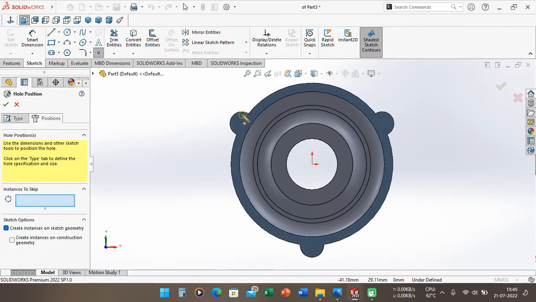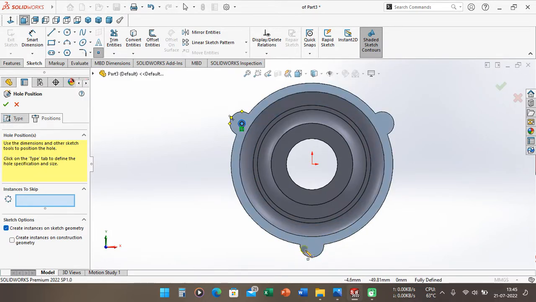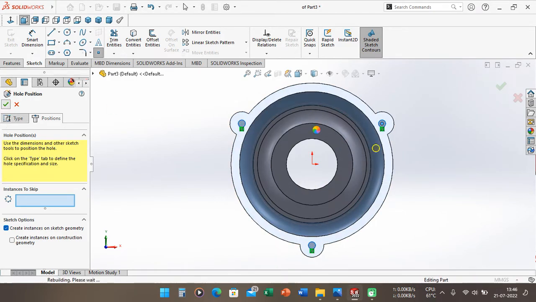After that, we can put the Hole Wizard on this position. Make sure you put the Hole Wizard on the center point of this hole. Put it here and OK.